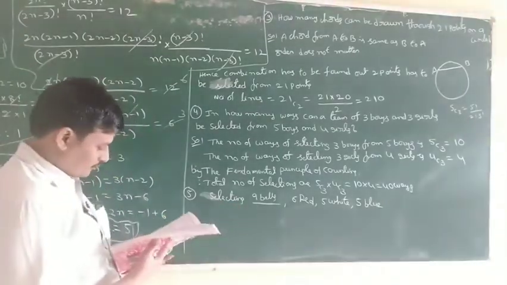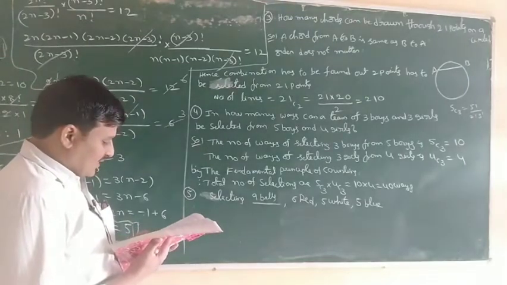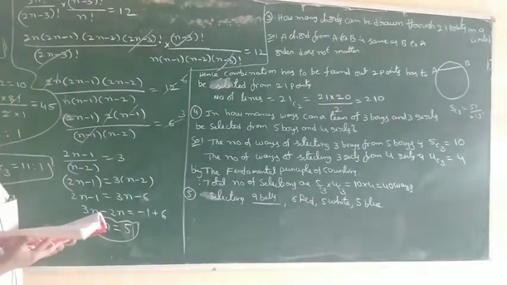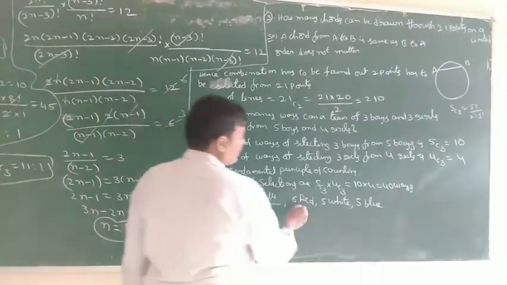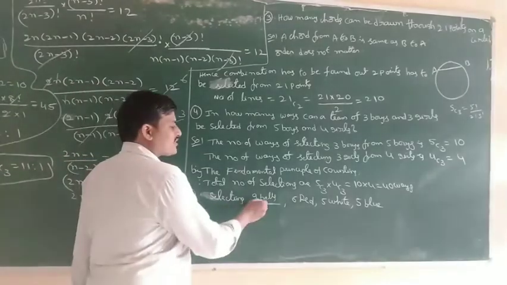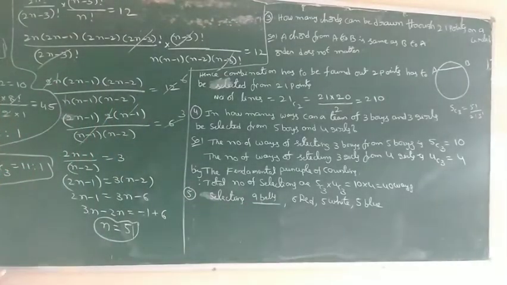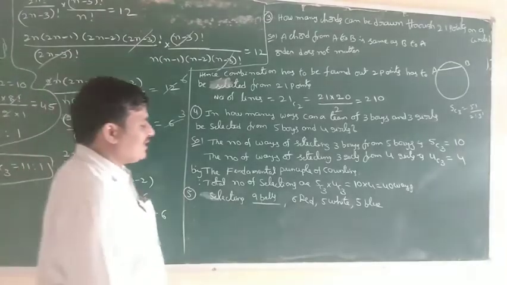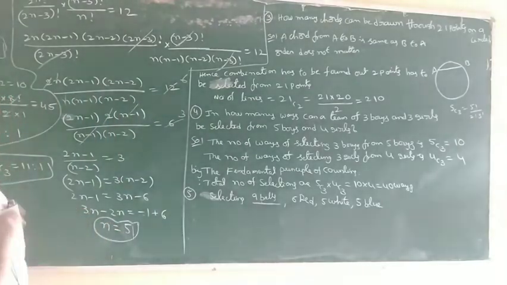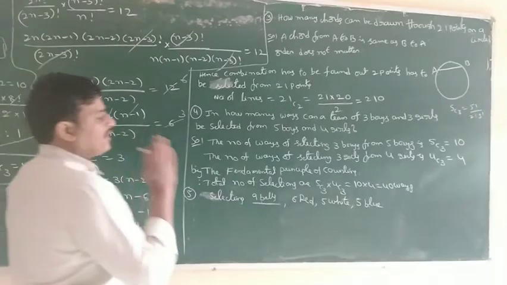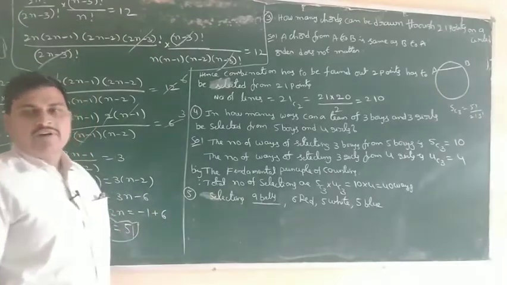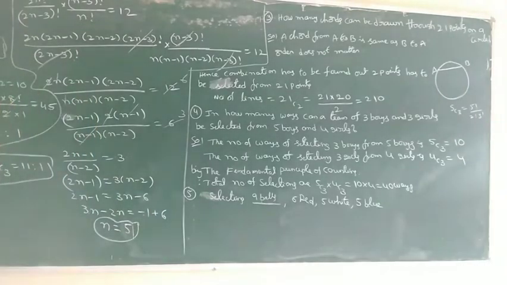If each selection consists of 3 balls of each color, how many colors are there? 3 colors. We have to select 9 balls, and in 9 balls each color consists of 3: 3 red balls, 3 white balls, 3 blue balls. Red balls are selected from red balls, white from white, and blue from blue.